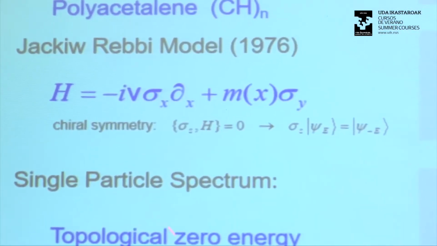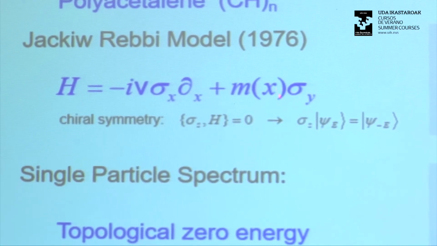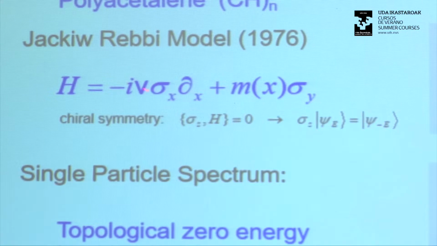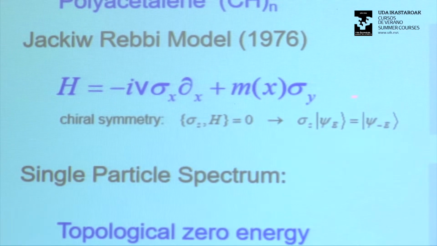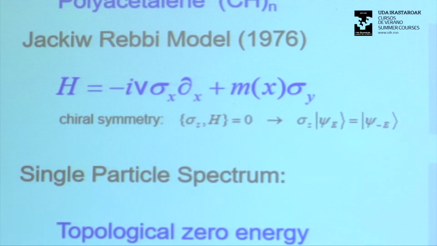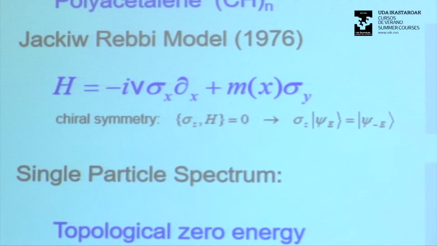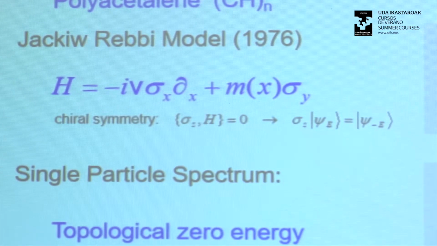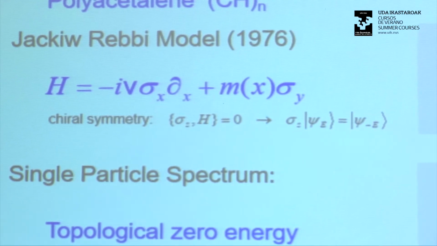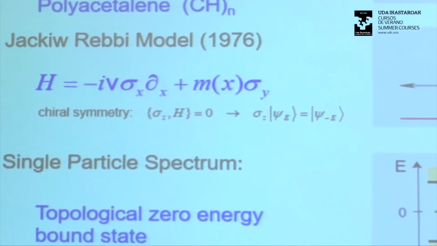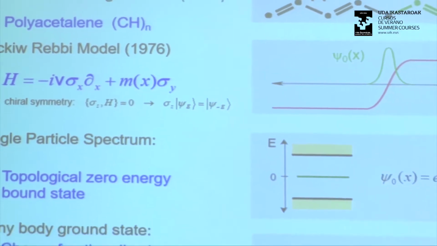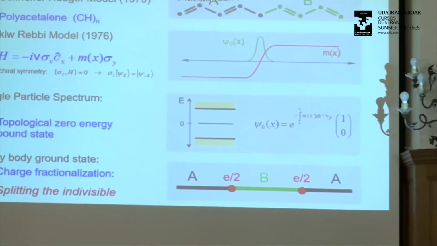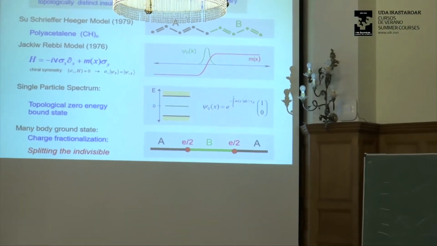And again, it's really the same thing. This Hamiltonian also has the particle hole symmetry, the chiral symmetry, so it's guaranteed to have a reflection symmetric spectrum. If you have this domain wall where the mass changes sign, then what they proved is that there is an exact eigenstate at zero energy that's localized on this boundary. If you have not been through this calculation, this is another assignment. It's a very satisfying calculation to do because once you've done it, you realize it's really easy.